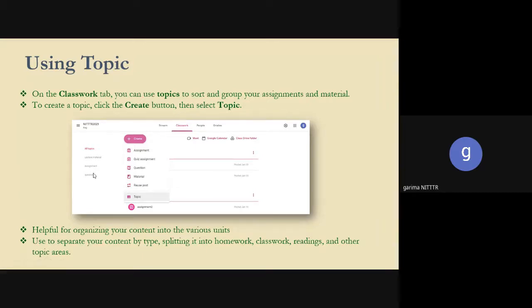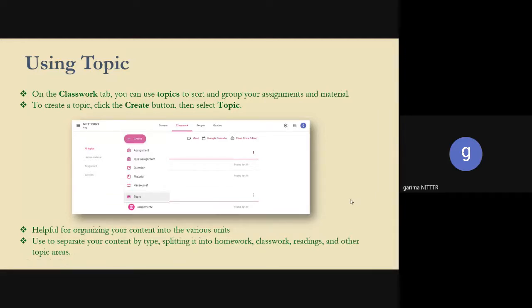It is easy for them to get information related to their requirements, whether they have to look into the lecture material, into the assignment, or into the questions. So this is regarding the topic creation, and it is helpful in organizing your work, and it will obviously save your time so that you can easily access your things in a particular classroom.